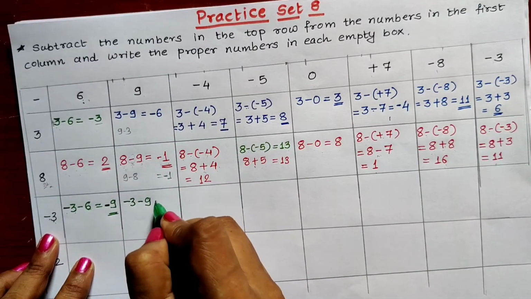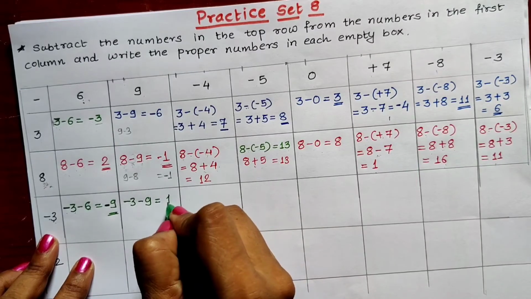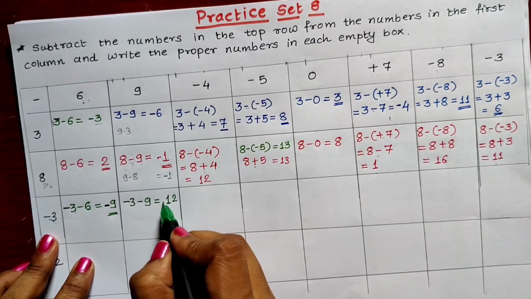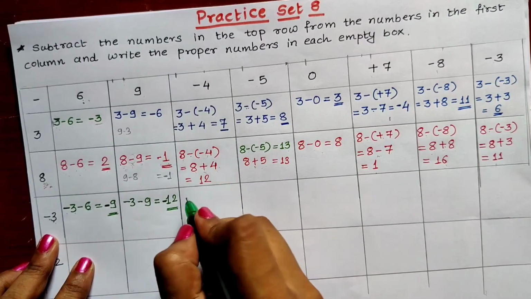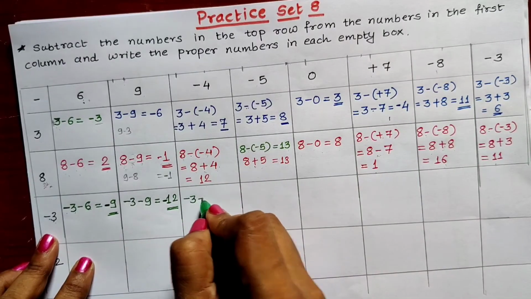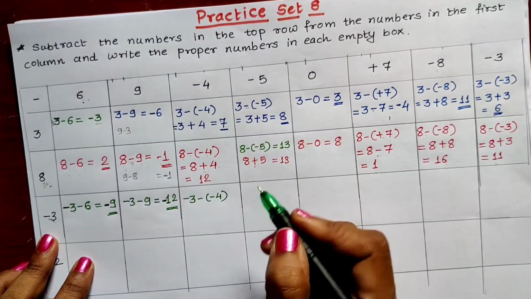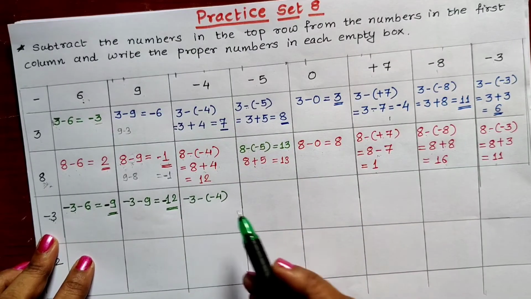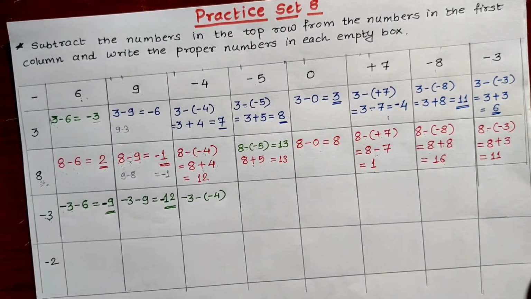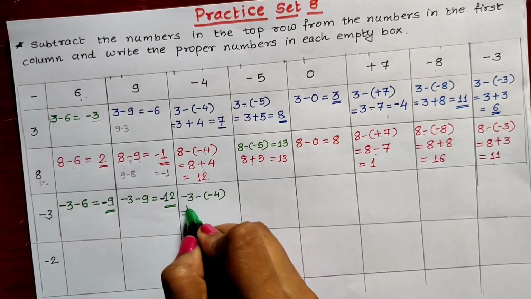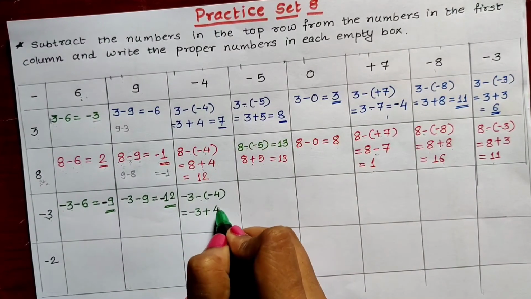Now let us see minus 3 minus this 9. Again same sign, that means we will have to add the numbers. 3 plus 9, answer is 12, and we have to give the common sign to the answer. Common sign is minus sign. Now minus 3 minus this minus 4. Minus 4 is there, we will put inside the bracket, because two signs are coming close, so we have to put the number inside the bracket with that sign. Now this minus 3 as it is, I am writing minus minus plus 4.